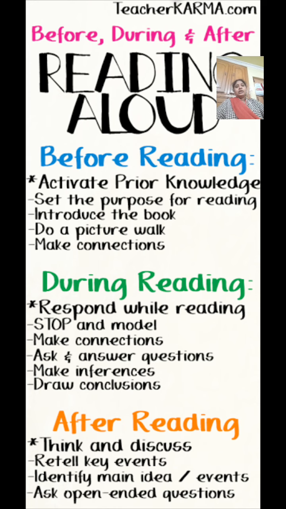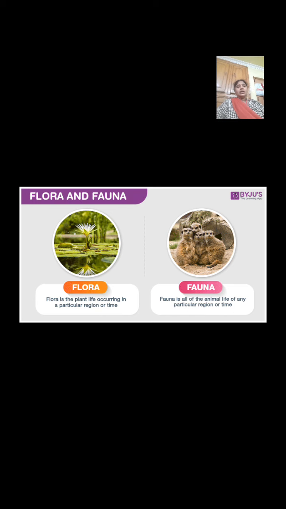Okay, so what is the book we selected now? About ecosystem. So when we are going into the book, before reading, as I said, we have to know the meaning of a few words. The different words that might be covered in the book are flora and fauna. Flora means plants, fauna means animals. So what is the meaning of the word flora? Plants, and the meaning of the word fauna is animals.